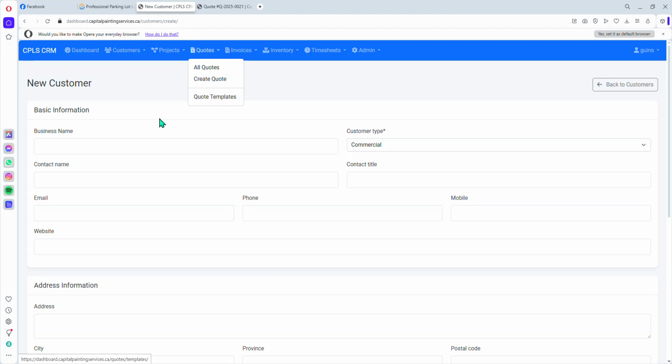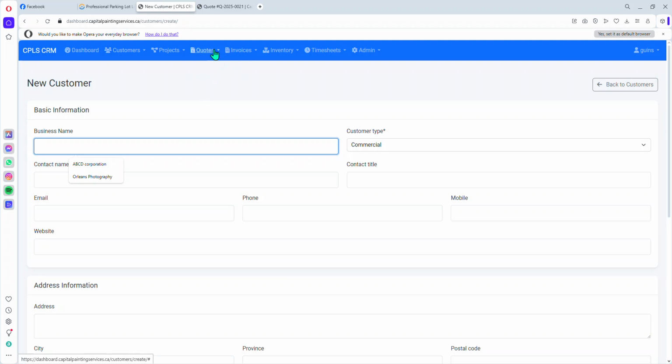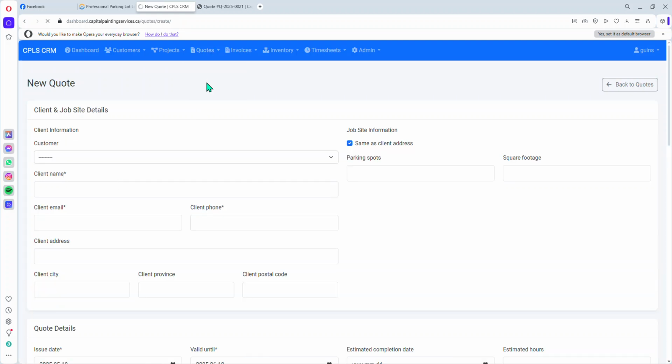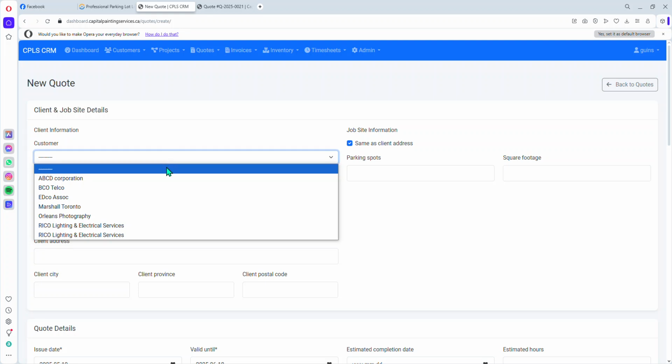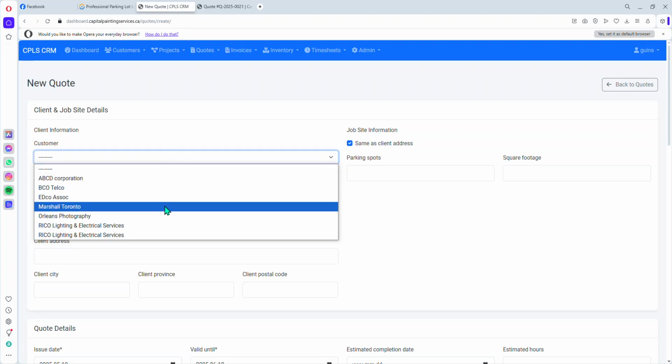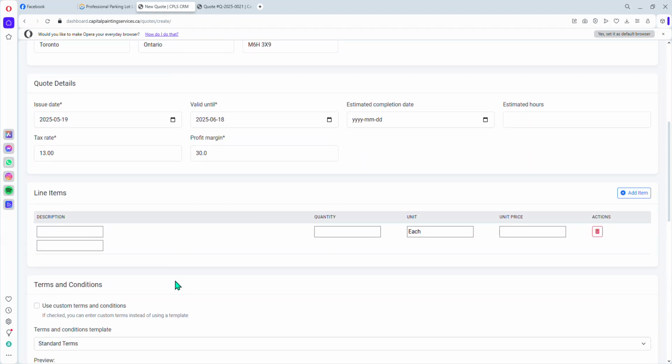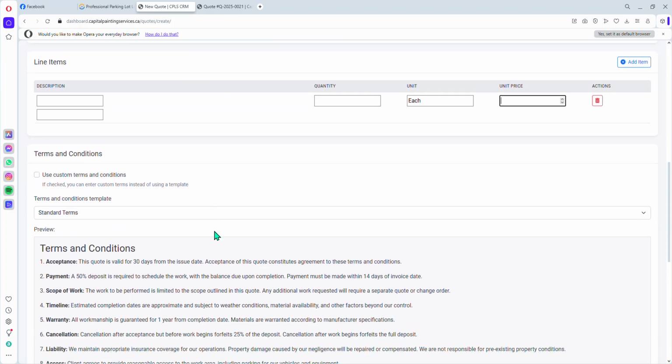I mean A B C D, let's say. Quotes: you go to create quotes. You will retrieve the company's info. Let's say Marshall Toronto, and it will populate everything. That's my real address. And then the most important thing is line item, quantity one, and unit price,